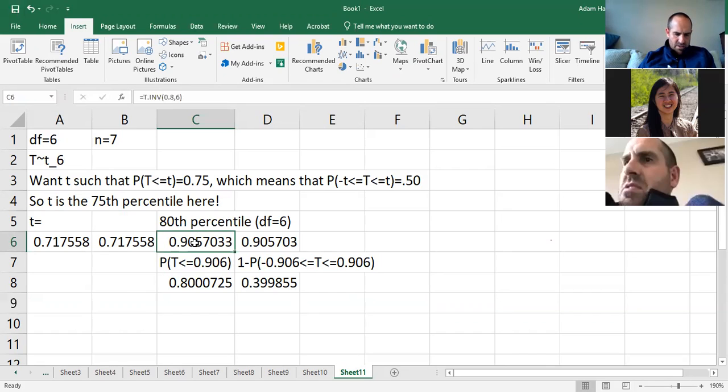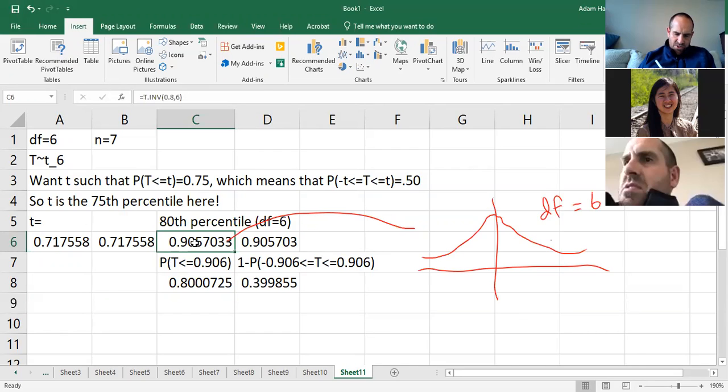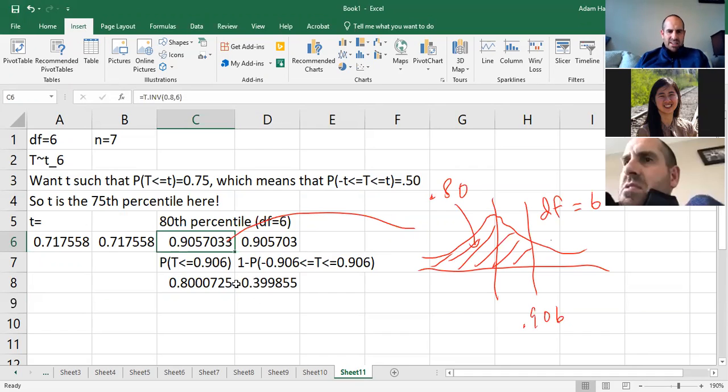This is a t distribution with degrees of freedom equal to 6. And what they're saying is, 0.906 basically, what percentage of the data is below this? Well, 80%. That's what that number is saying,